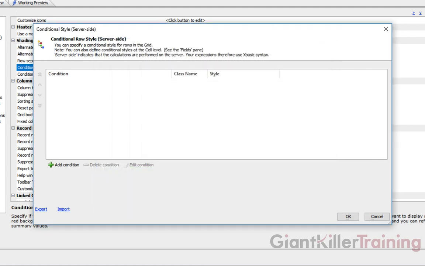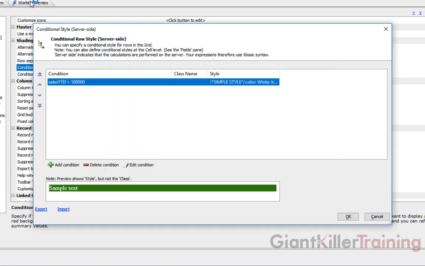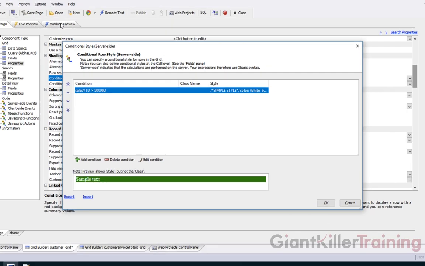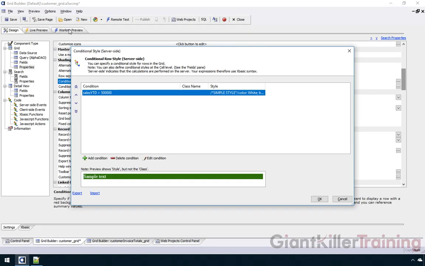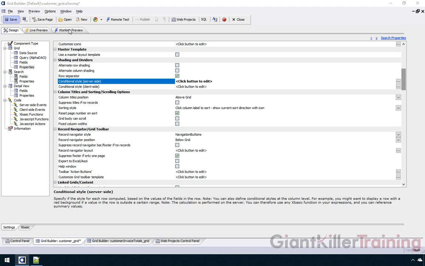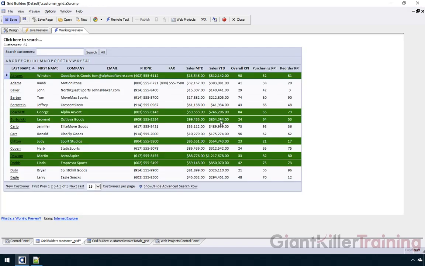Click OK, and you'll notice we have our first condition in our conditional row style. Go ahead and click OK, save this, and let's return to our working preview. So you'll see now the rows that have a sales year to date over 500,000 are now highlighted in green. We've identified our top selling